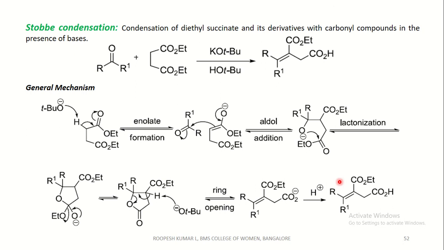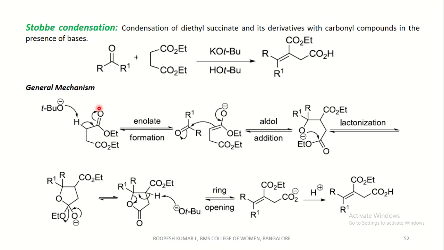Coming to the Stobbe condensation. Condensation of diethyl succinate and its derivatives with carbonyl compounds in the presence of bases. This is a carbonyl compound, which condenses with the diethyl succinate. In the presence of base, we get the corresponding double bond. Coming to the general mechanism, the base abstracts the acidic proton in diethyl succinate to form a double bond. This shifts